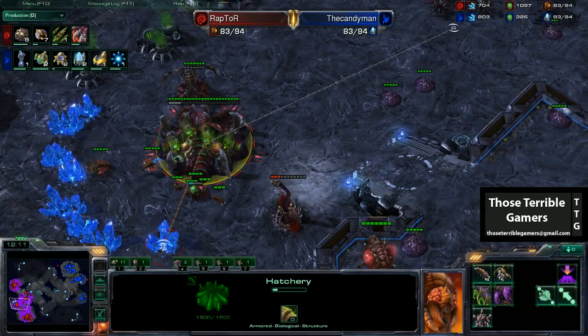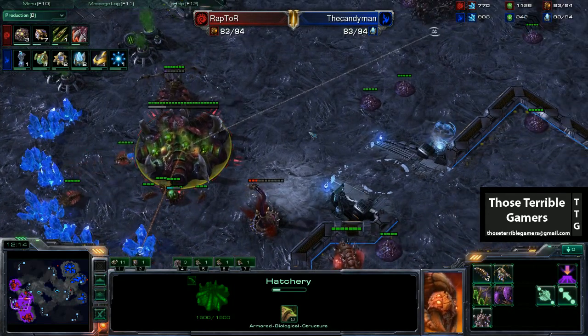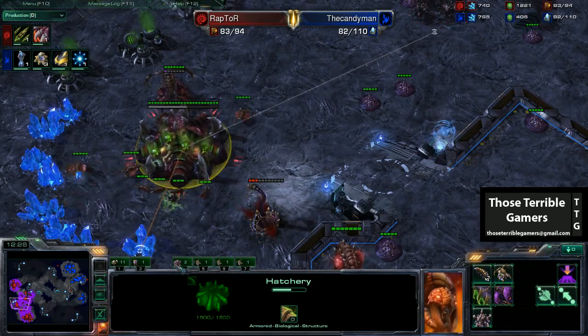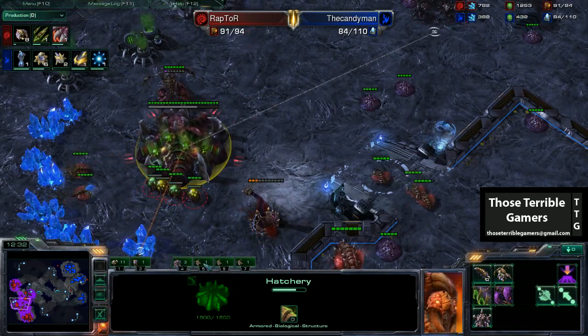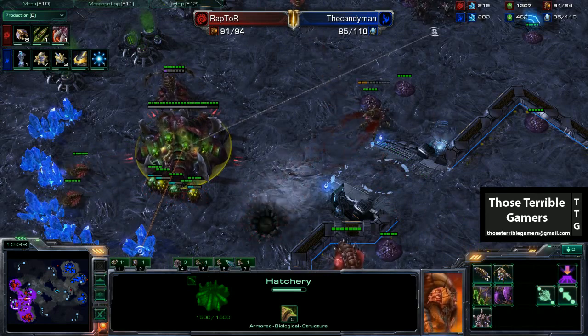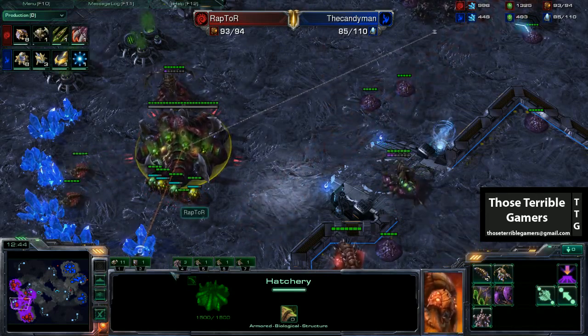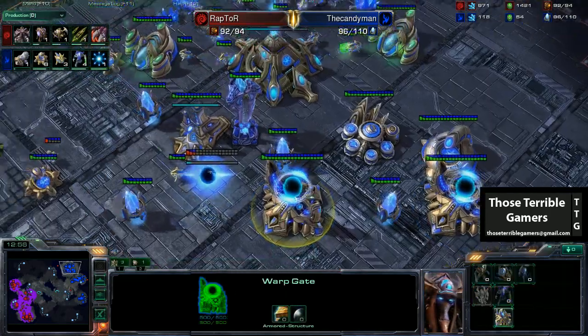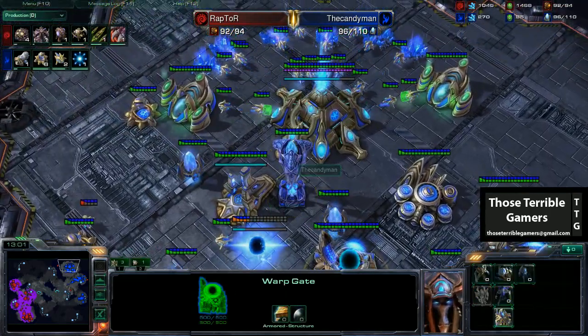So we'll just have a quick look at the hotkeys, as it seems to freeze for some reason. RapToR seems to prefer the all hatches on 1 and then 55V in 5-5 inject, 6-6 inject, 7-7 inject, just to get that cycle down. And it looks like the Candyman just has...